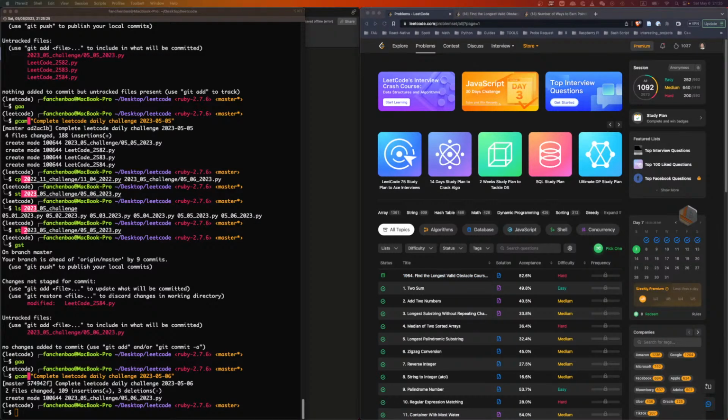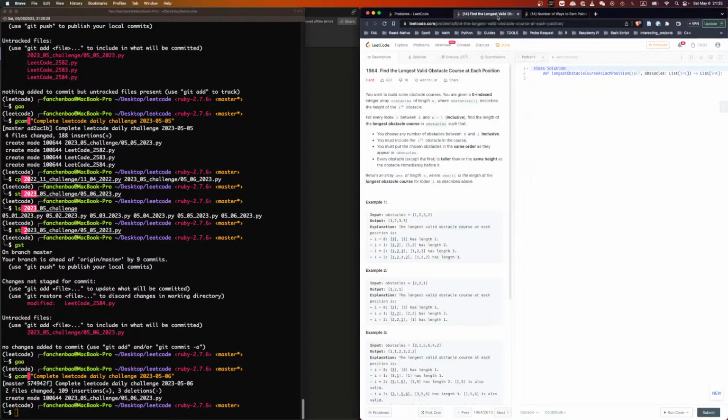What do we have today? Find the longest valid obstacle course at each position. You want to build some obstacle course. You're given a zero-indexed integer array, obstacles, of length n, where obstacles[i] describes the height of the ith obstacle. For every index i between 0 and n-1, find the length of the longest obstacle course in obstacles such that,